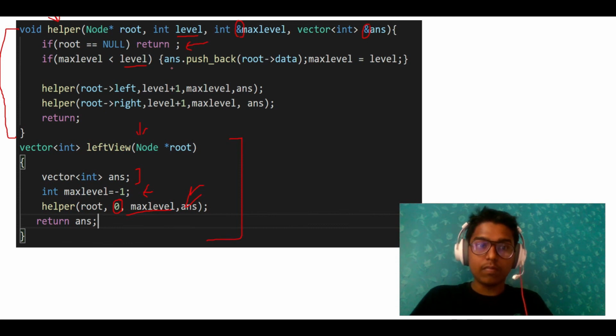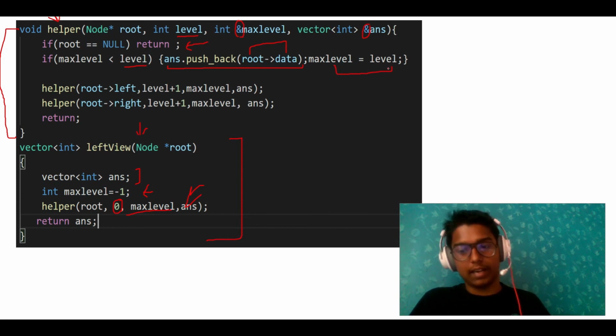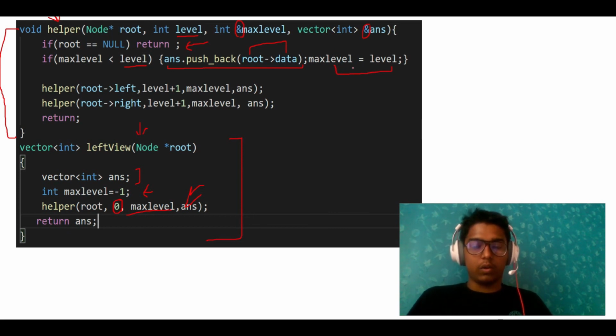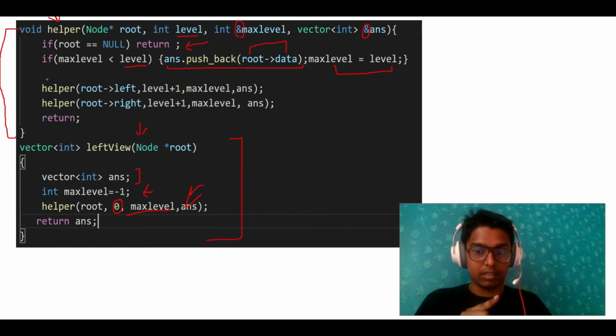So this level is greater than the max level, so we haven't covered this level yet. So I have inserted the value of root into my answer, and max level is equal to level, right? Now, as I have already told you, I am going to left first, because this is the left view of a tree.